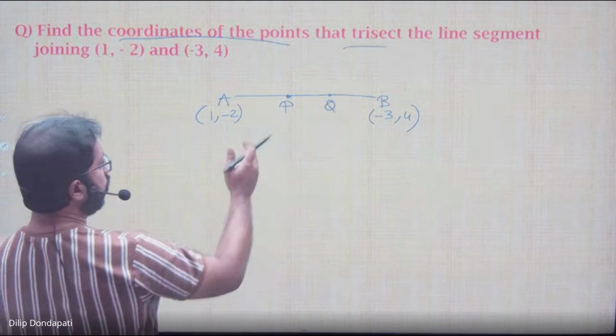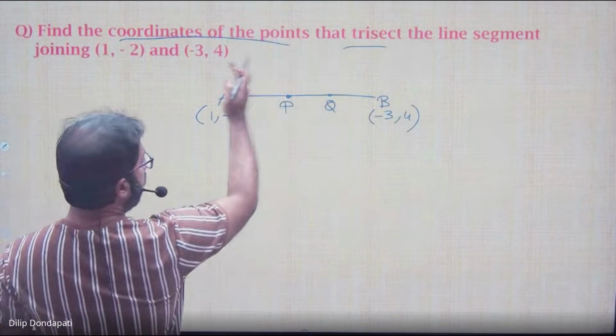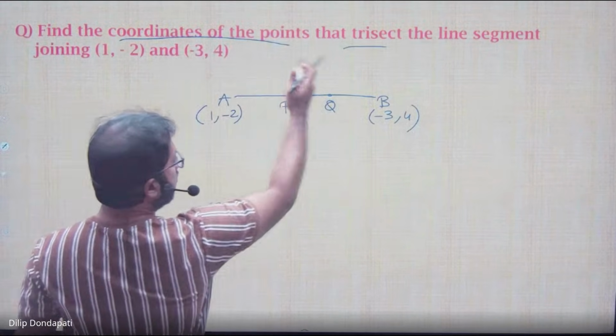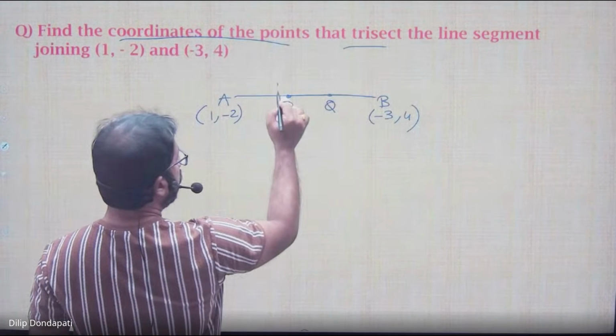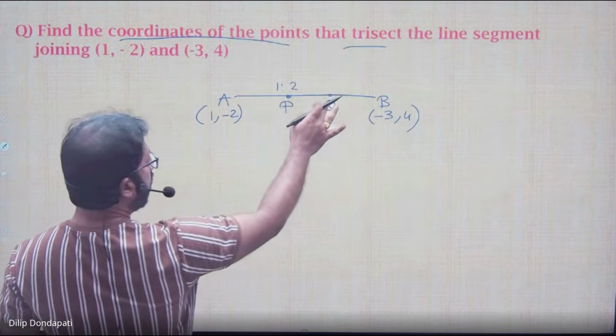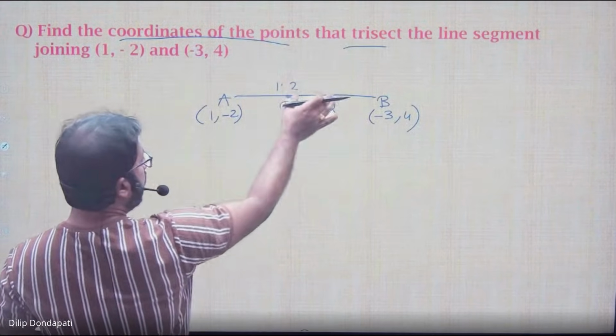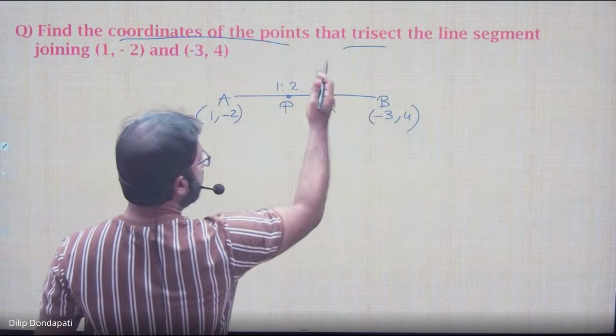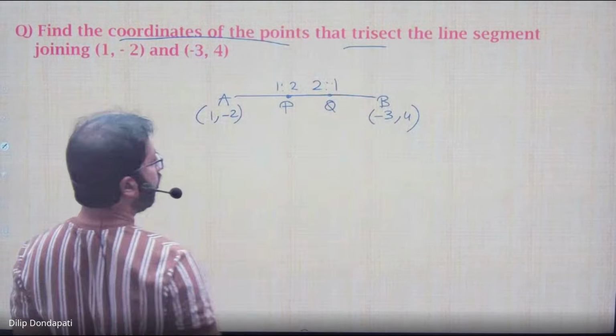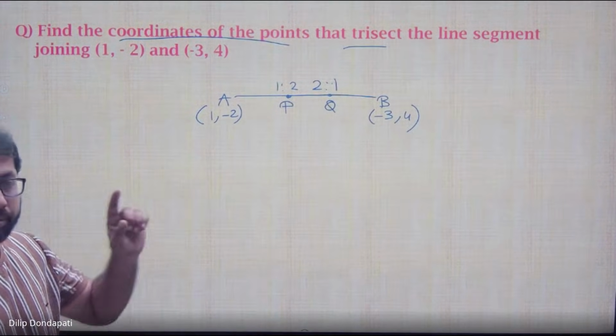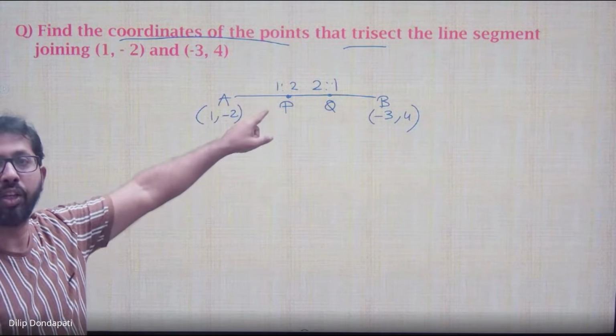And the ratio also, you know. What will be the ratio for P? On this side, how many segments? 1 segment. On this side, how much? 1, 2. So 1 is to 2. And for Q, how much is it? On this side 1, 2 segments, and on this side there is only 1 segment, right? So 2 is to 1. That means separately you have to apply the section formula to find the coordinates of point P and